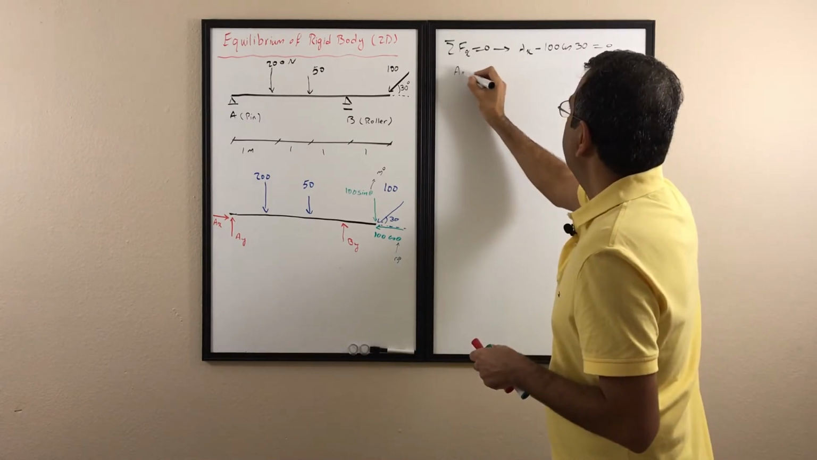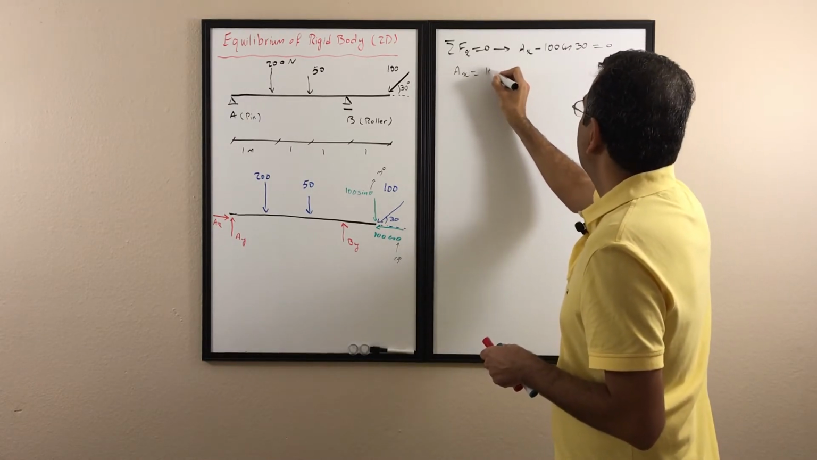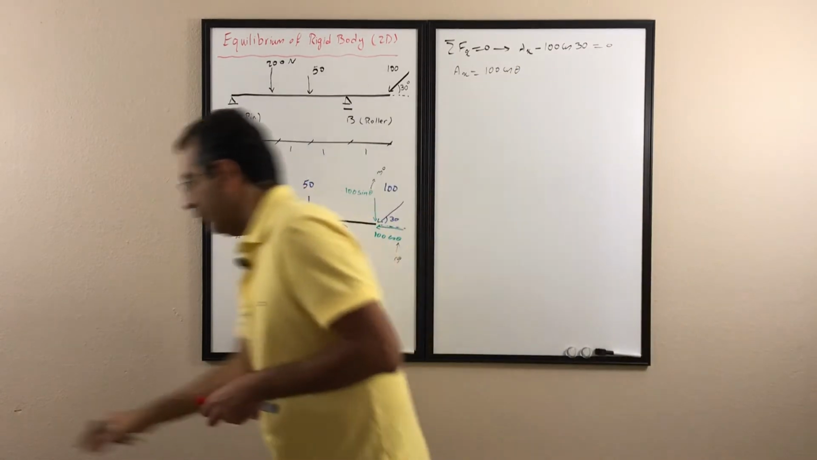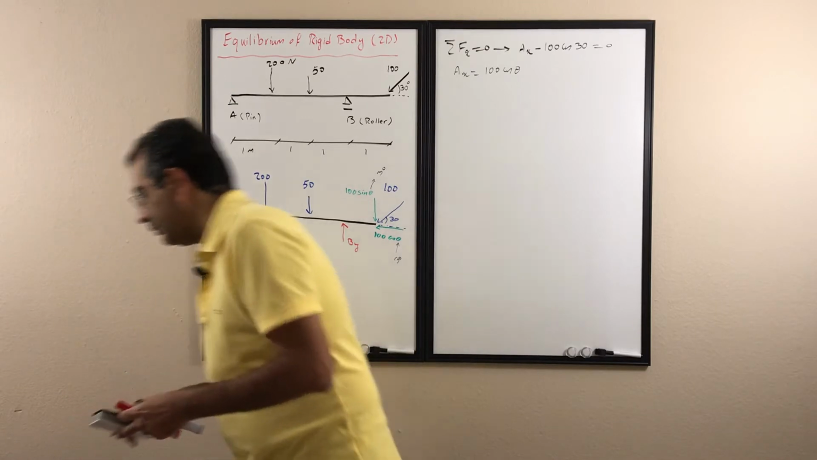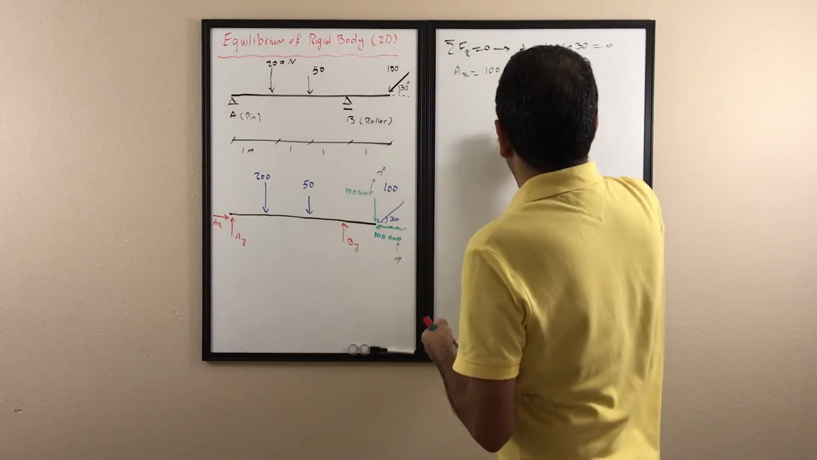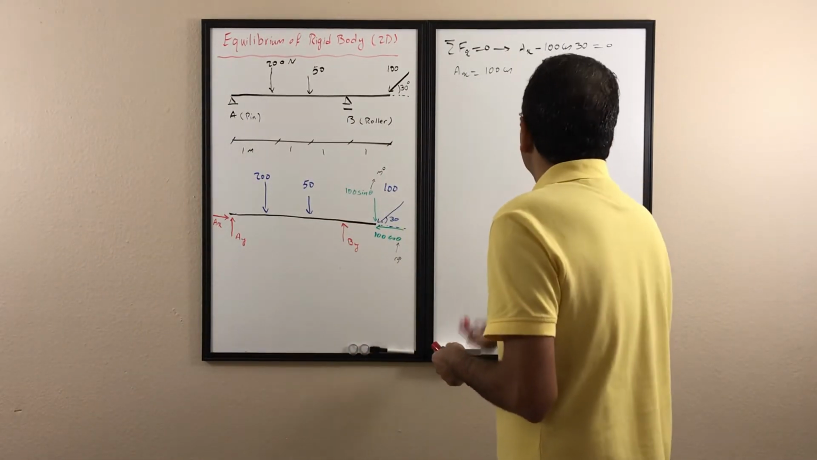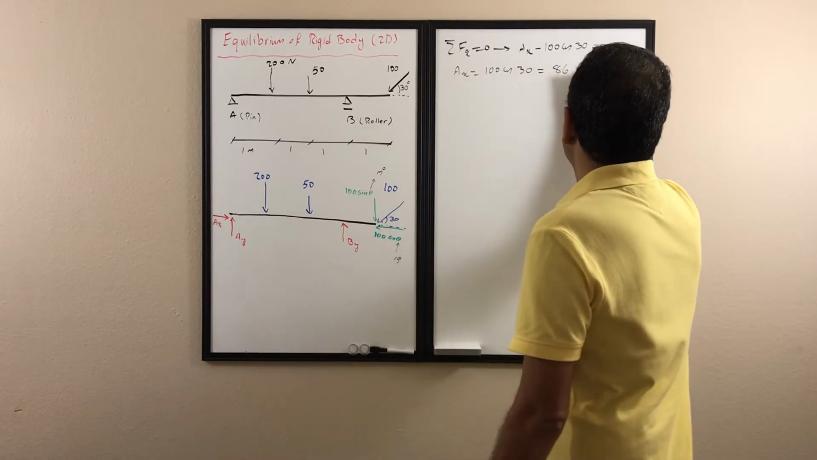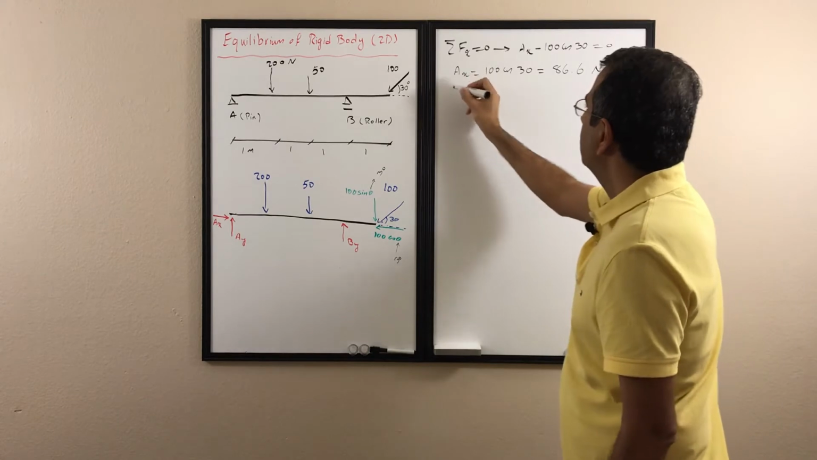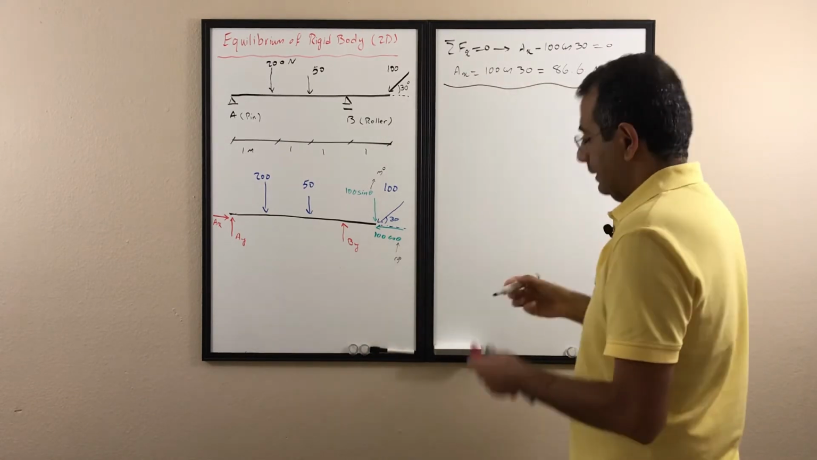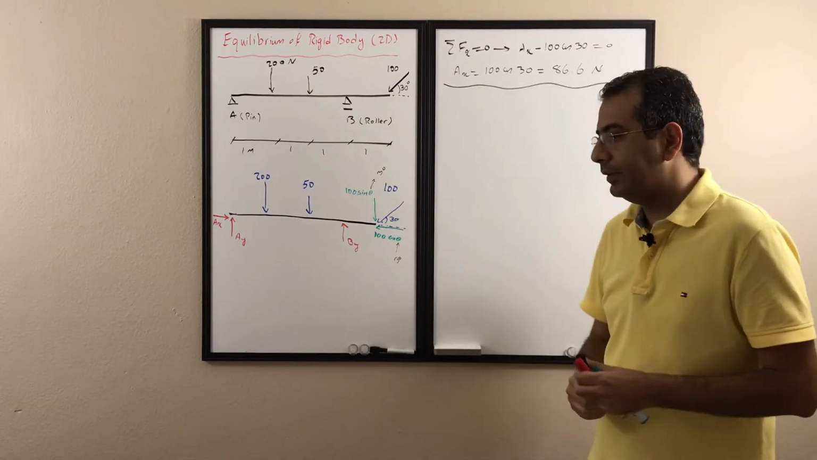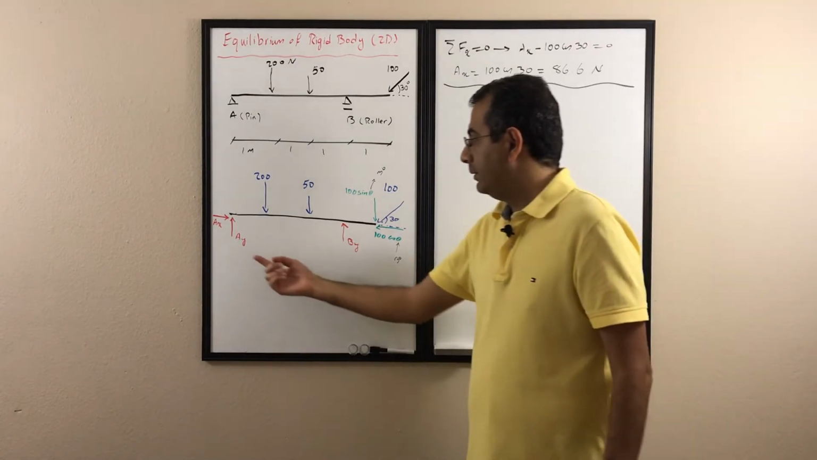So AX is 100 cosine 30, and that is going to be 86.6 Newton. So that's one unknown. We know the AX, and we found the AX. Now we need to find the